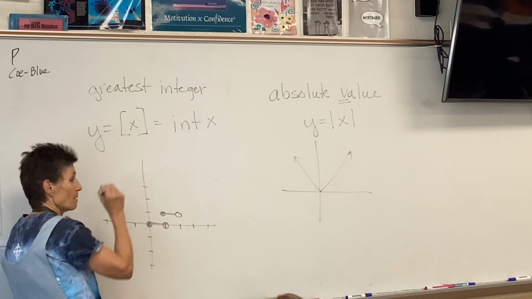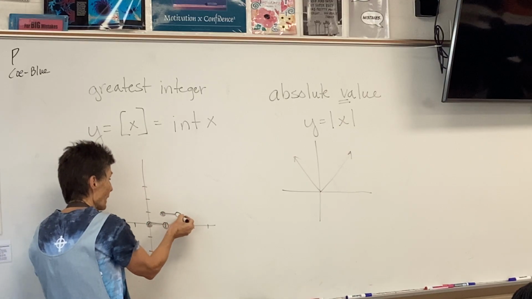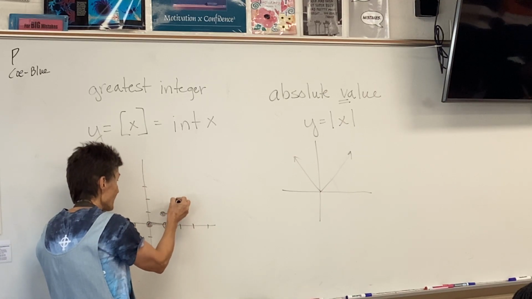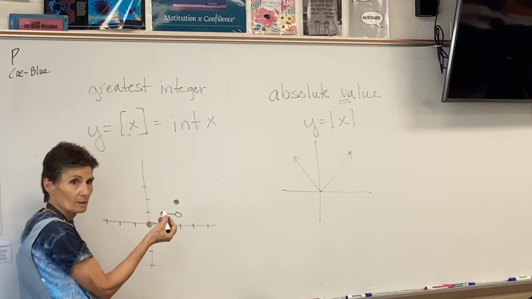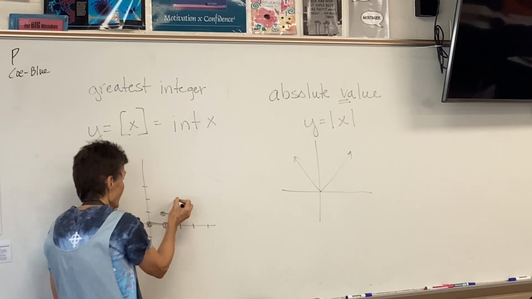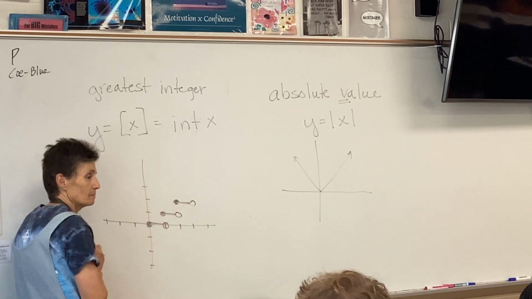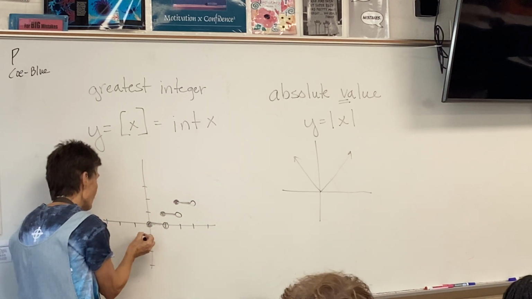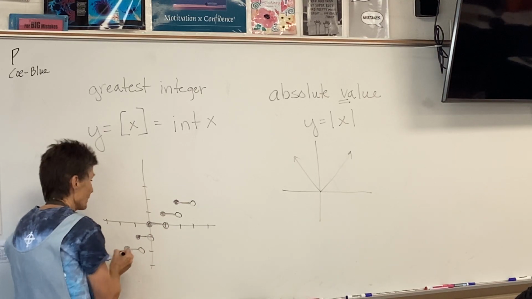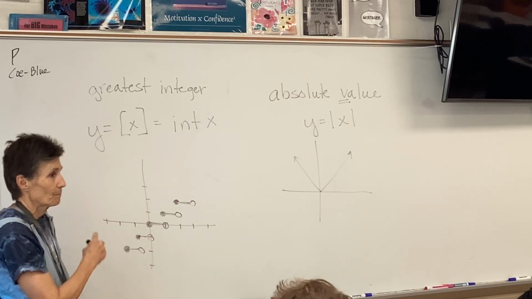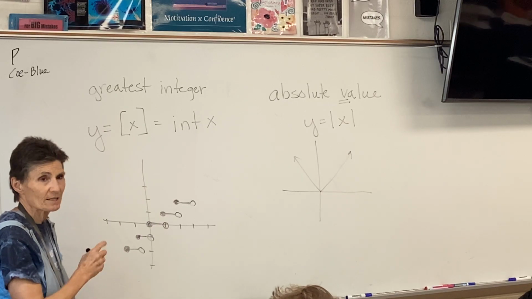So this is sometimes called a step function. You're taking steps. So guess what I do next? Above it, I put 1 unit up, 1 unit above my open dot, I put another closed dot. And then over right 1 from there, I put my open dot and color that in. And of course, it goes both directions. So you don't have to color in a ton of them. I've got 5 of them here. 3 or 4 would probably be fine. That is a greatest integer